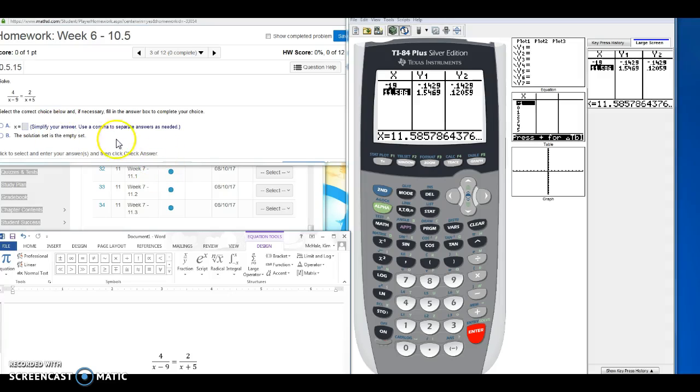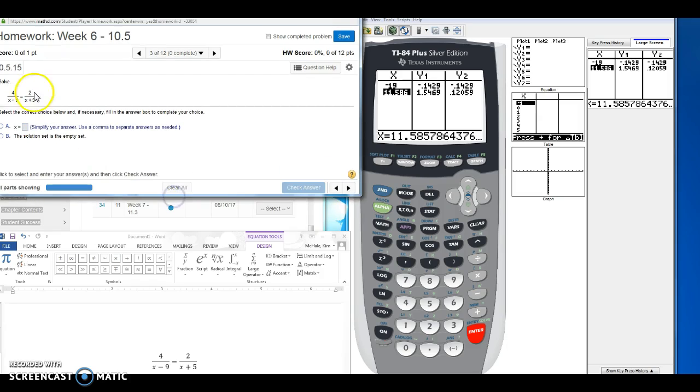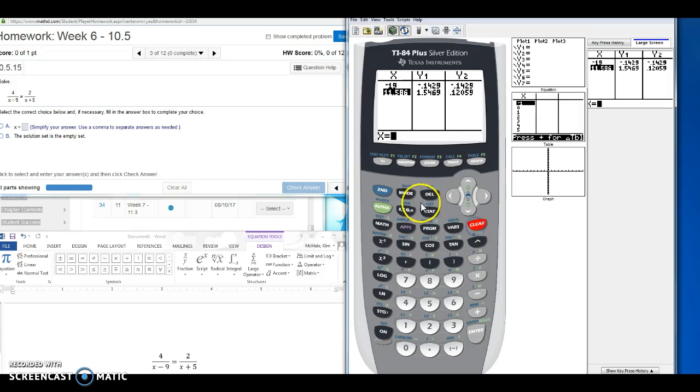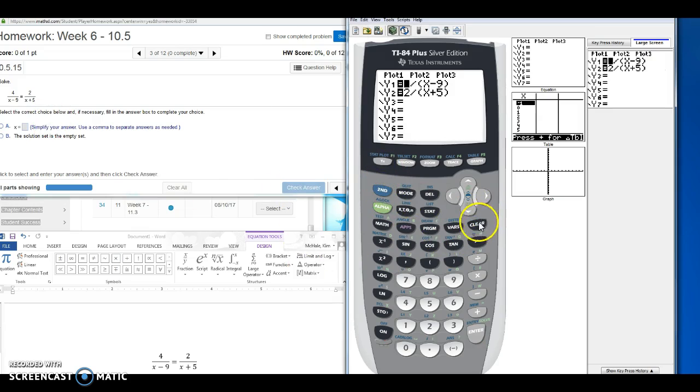Let's solve a rational equation. That's an equation where I have fractions with variables. And I'm going to clear my calculator out. Clear this out so we can work it together. I'm first going to notice that I'm going to be able to solve this